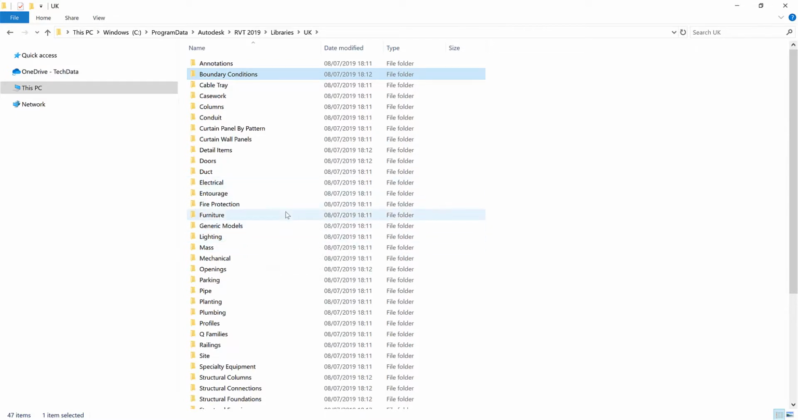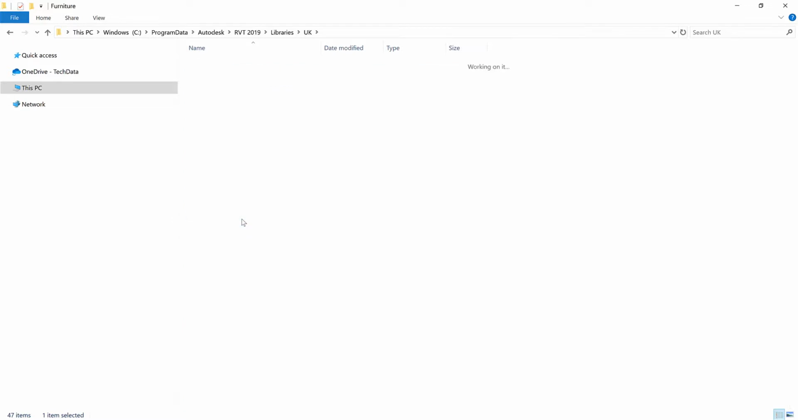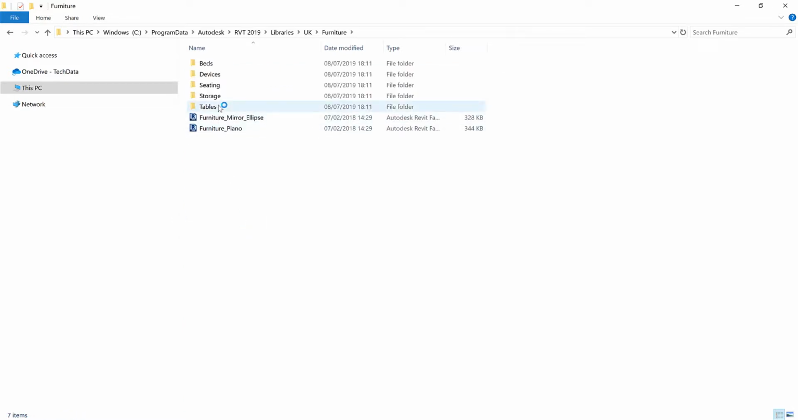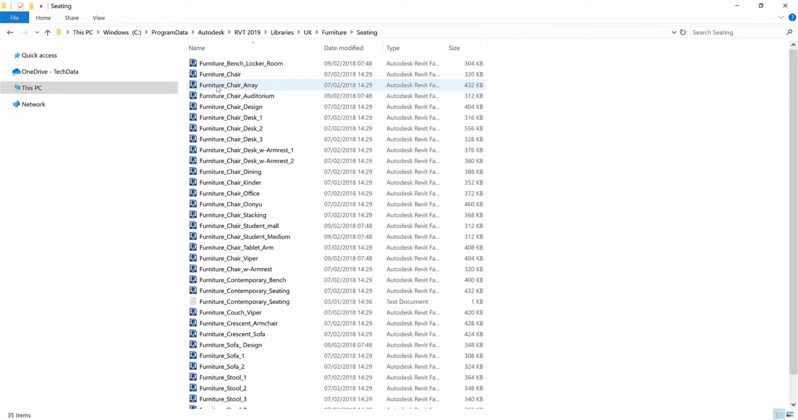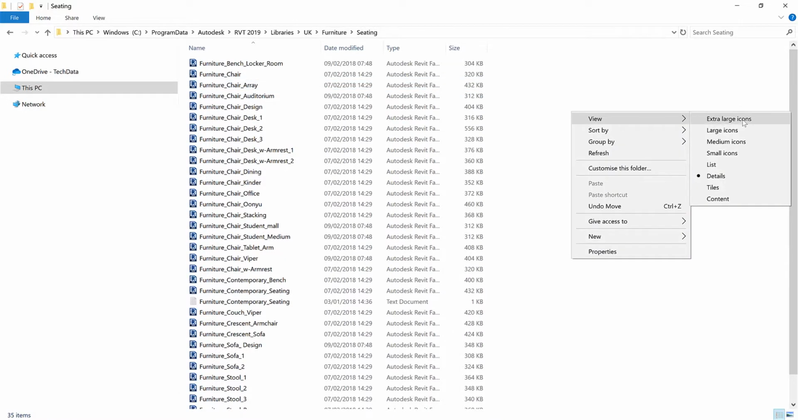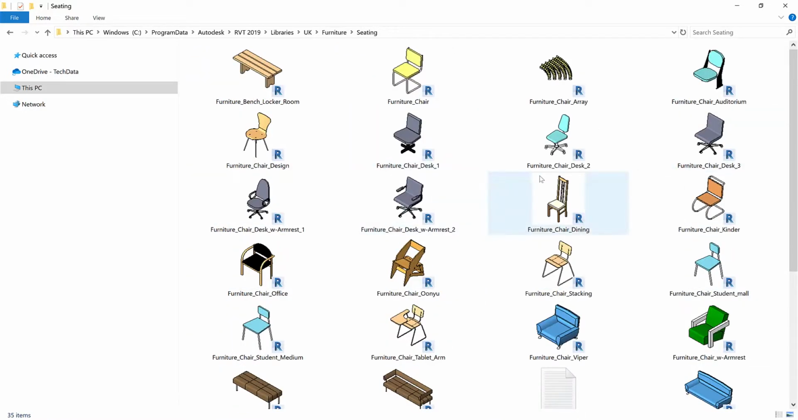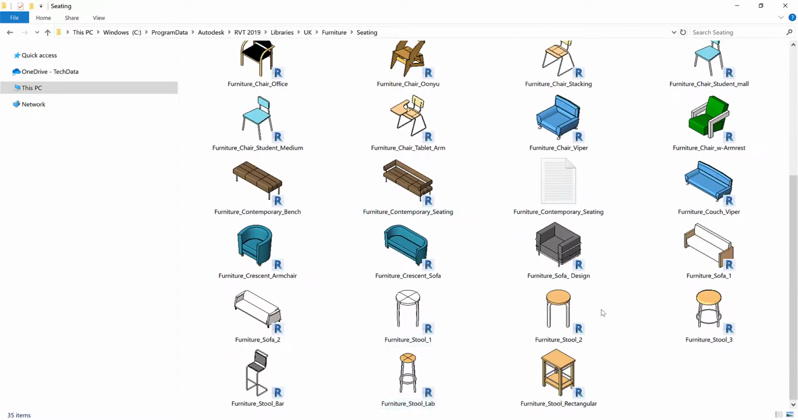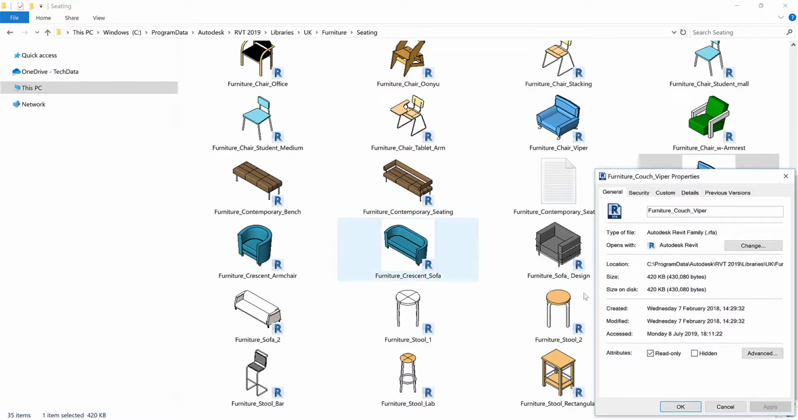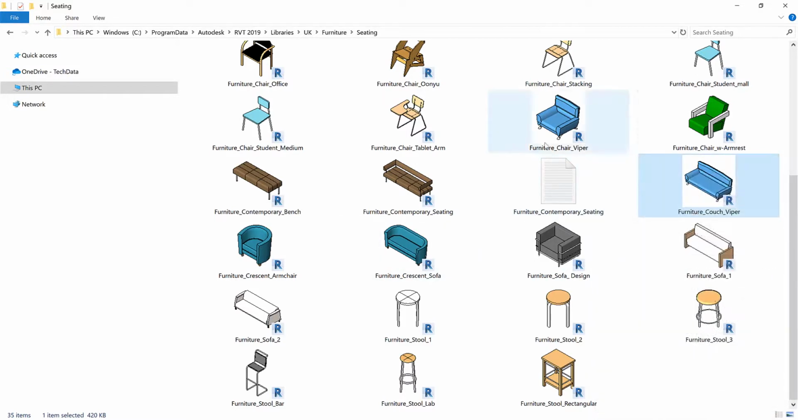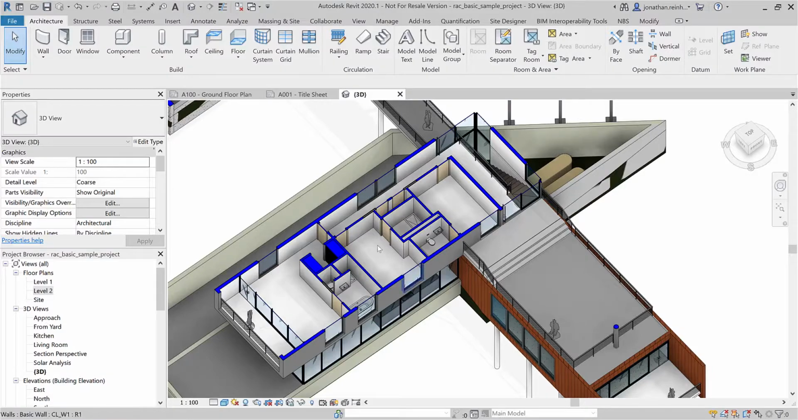So, for example, you might be looking for furniture. You can go into the furniture, see, okay, I'm looking for a couch type of seating. I usually like to turn on view by extra large icons, and you can see the different types of libraries they have in here. Now I can either double click on this and it will open as an RFA file. I can click on properties. You can see here it's a .rfa file, or I can go into my open Revit project